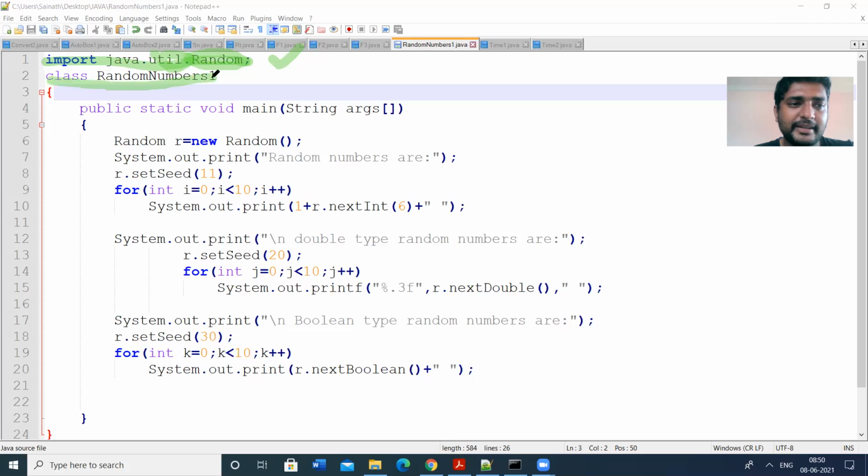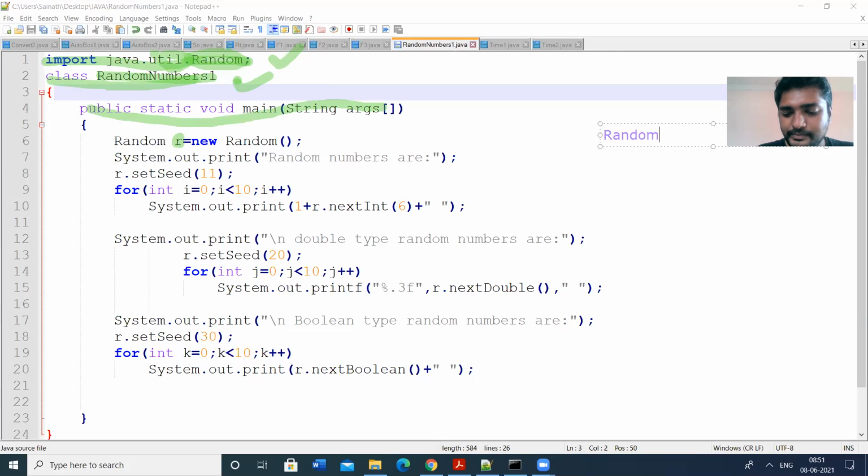Next, I am defining the class RandomNumbers1. This is the driver main class, and this is the main method. Then I am creating an object here. If you want to use the members of this class, we need an object.